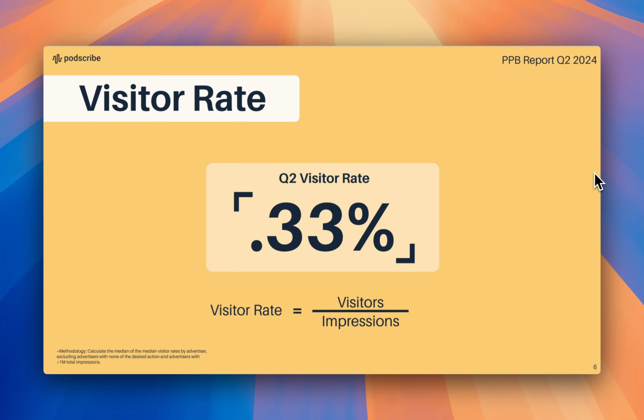Awesome. So yeah, visitor rate. Maybe explain what visitor rate means. If you have 100 impressions, roughly how many visitors are you going to get to go to your website? And visitor is a unique metric, so if Matt here visits the page 10 times in a day, he would still count as just one visitor. So our average visitor rate is 0.33%.